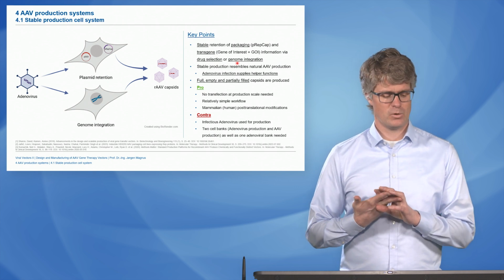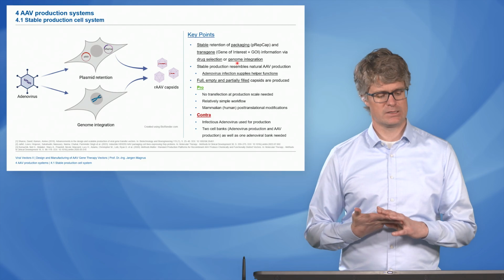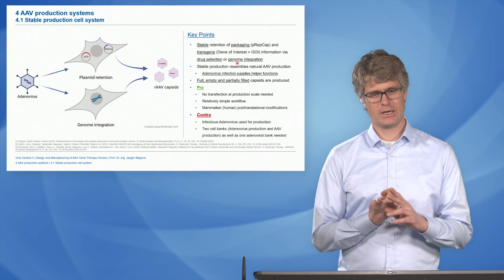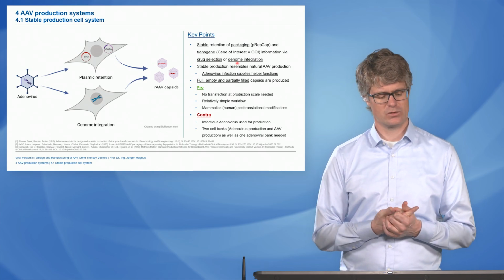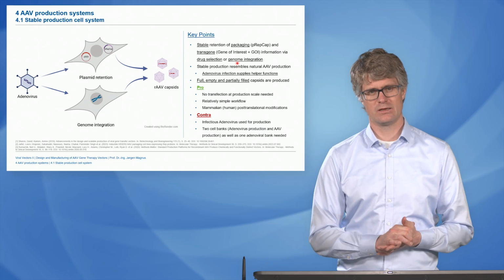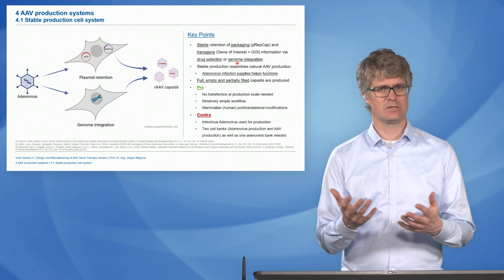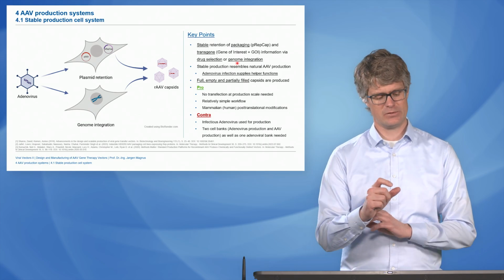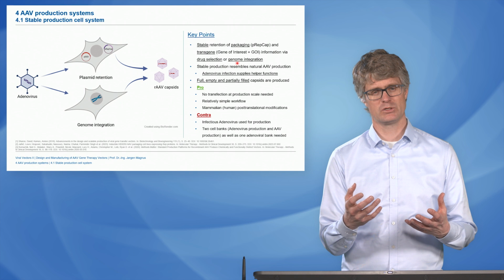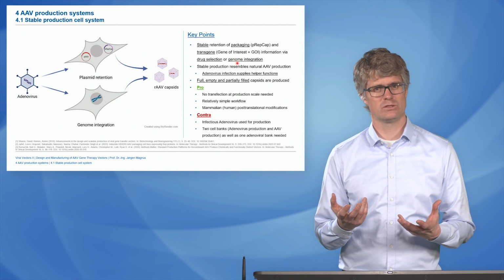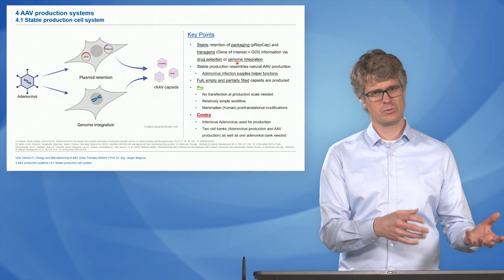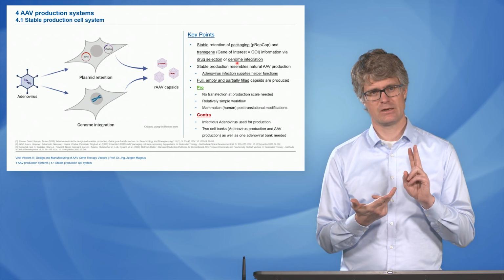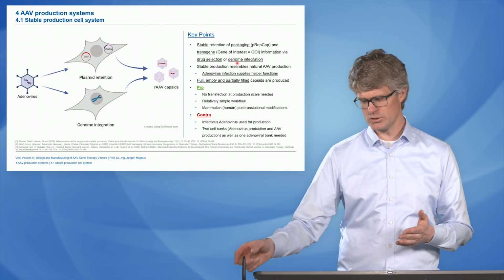So one way to produce AAVs is to create a stable production cell line. And this can be done by integrating the rep cap genes and the gene of interest on your genome of the cells. So you can take, for instance, a HeLa cell, which is a human cell line, and then you integrate the rep and cap genes as well as the gene of interest on the chromosomes of that production cell line. Then the only thing you would have to do is to add the adenovirus, because with adenovirus comes the helper function, and then you have those three elements that I said, the rep cap genes, the gene of interest, and the helper functions. And then you will have production of